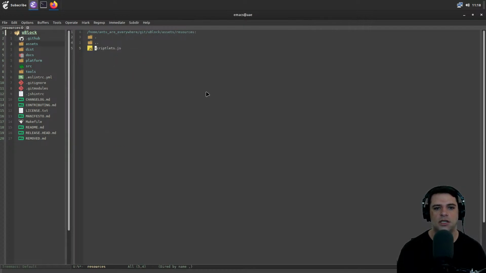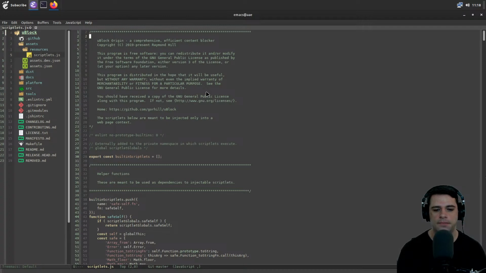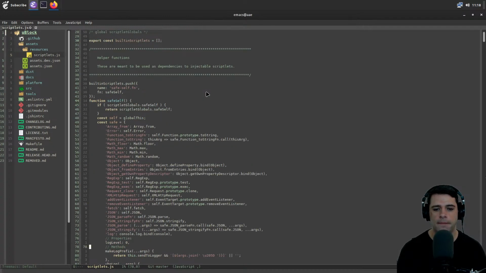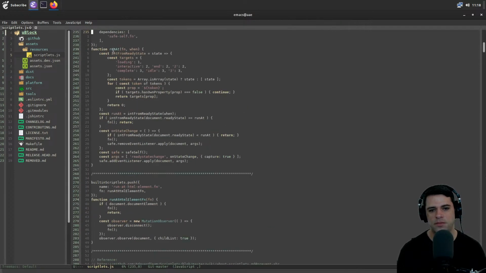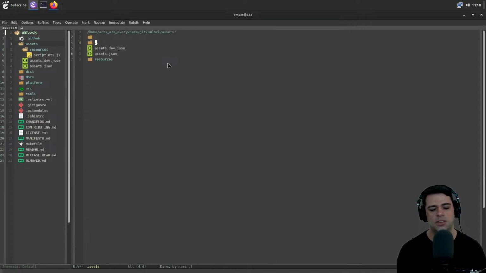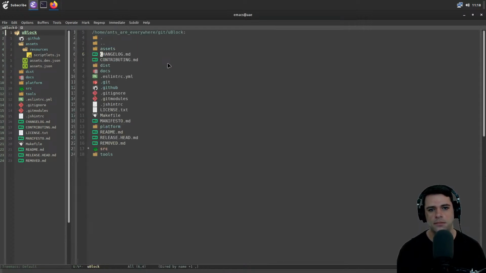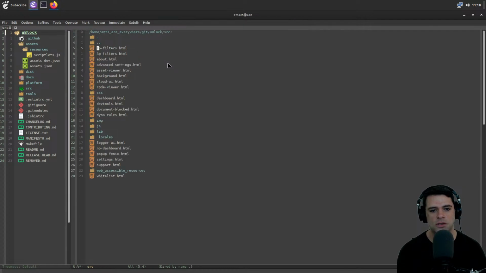We have assets.json and then resources, scriptlets. So these are like helper functions. Seeing stuff about send to logger, some run-at stuff. Okay. We may come back to this or we may just ignore it for now. So let's take a look in source. All right, we have 1p filters and 3p filters. P being, I'm not sure. I don't know if this is like arity, like one argument versus three arguments. We have about.html,